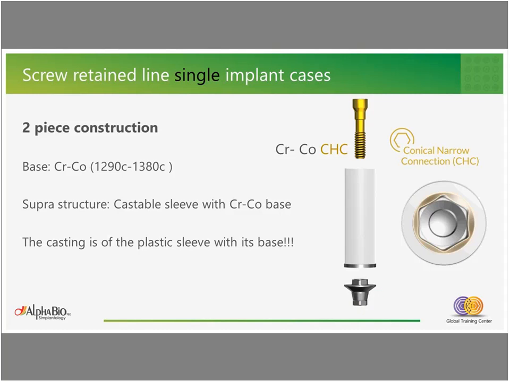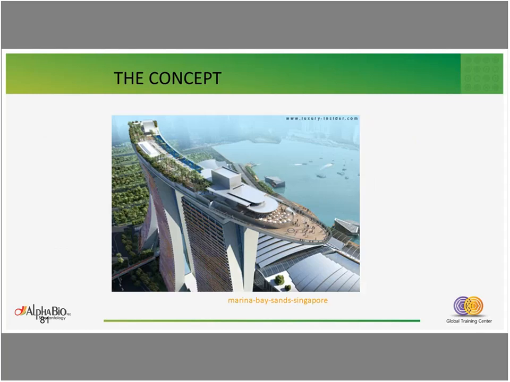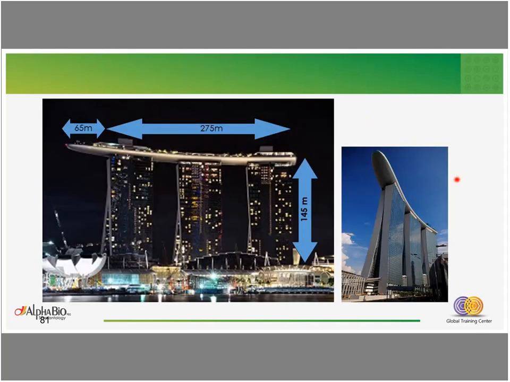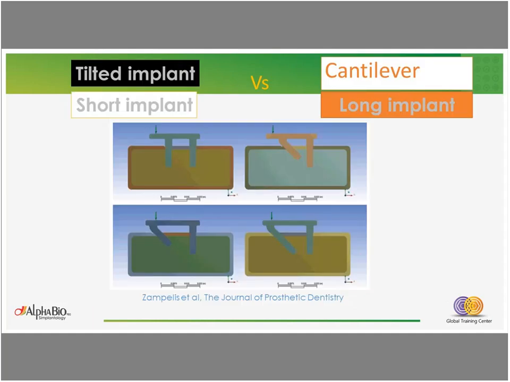The cantilever is something that we can also use on implants, and it is also used in architecture. We can see that cantilever is used in many cases, especially when we have a limited height of bone at the posterior area. So we have two limitations: the angulation of the implant, and the cantilever. This finite element analysis shows what the influence of each parameter will be, the angulation of the implant or the